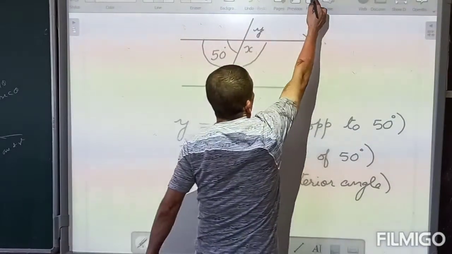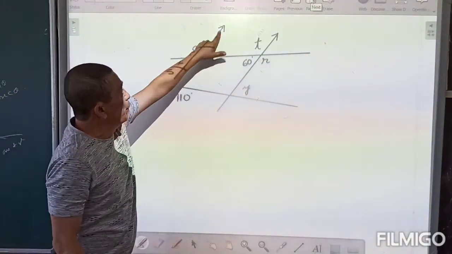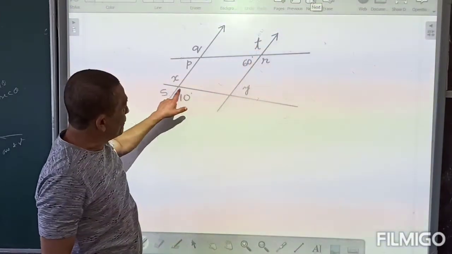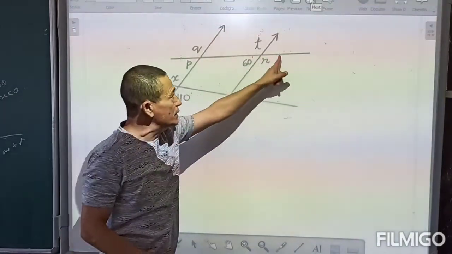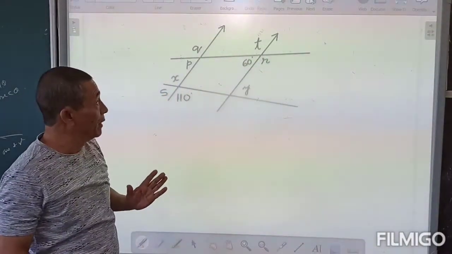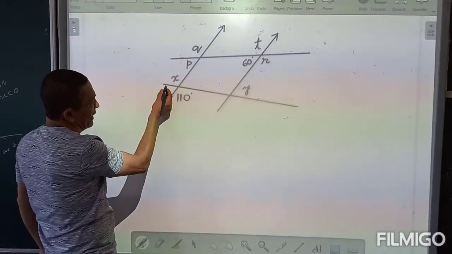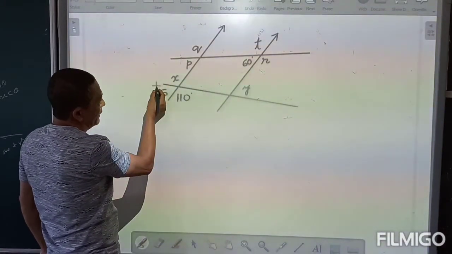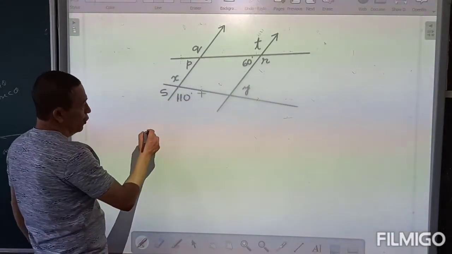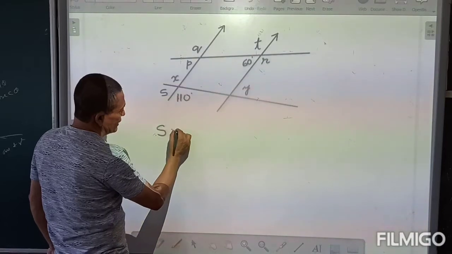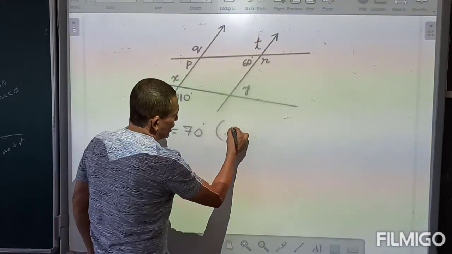Let's take another example. Here I've got two parallel lines. At the same time, I've got two transversals crossing, but these transversals are not parallel. Let's go one at a time. Let's look at 110 and s. Since this is a straight line, the total of this will be 180 degrees. So I can say that s is equal to 70 degrees, that is supplement